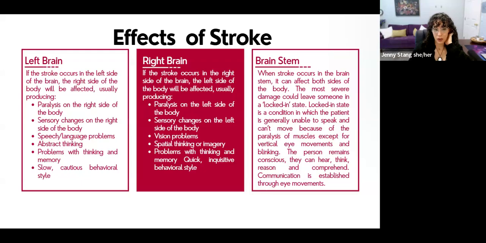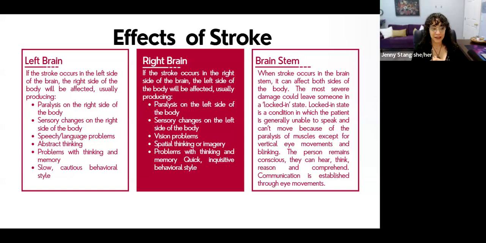So the effects of a stroke. If a stroke occurs and blood flow cannot reach the region that controls a particular body function, that part of the body won't work like it's supposed to, okay? So how you're impacted by a stroke depends really on the location and the extent of the damage to the brain tissue. Because nearly all of the signals from the brain to the body, and vice versa, cross over on their way to and from the brain, the effects of the stroke are going to occur on the opposite side of the body from the side of the brain, okay?